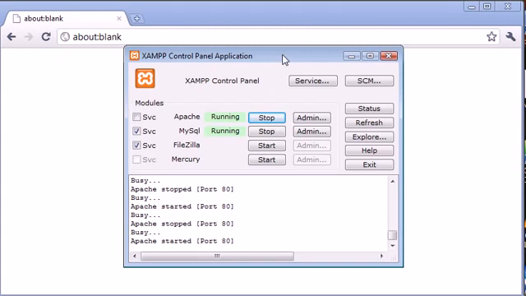I'm not sure what version of XAMPP I'm running at the moment, but it is a slightly older version. This video was recorded in 2011, so depending on when you're viewing this video, your control panel may look a bit different, but nevertheless the control panel is available from your programs menu within Windows. So open this up, and what you want to do is make sure Apache and MySQL are